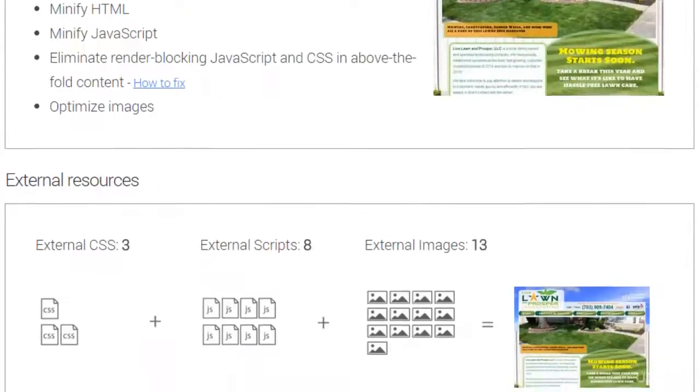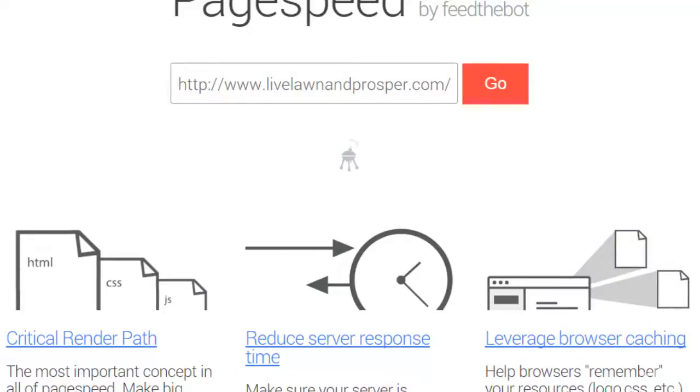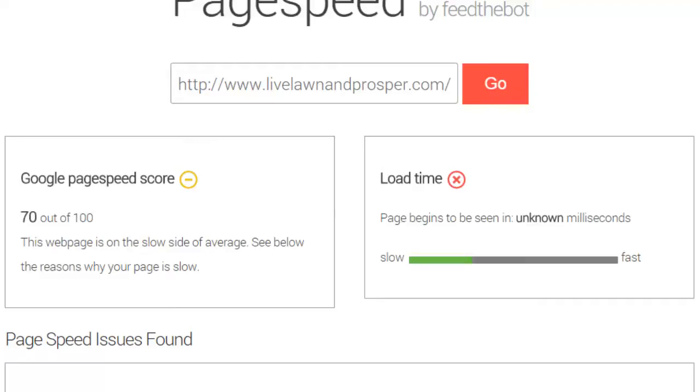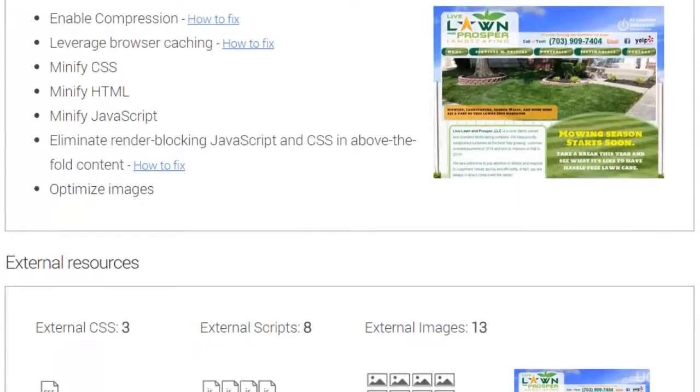We can also go to Page Speed by FeedTheBot. We can type in our URL, and this is going to tell us what is slowing down our website and how we can fix it, which is great. So here it says that we have a 70 out of 100, so our web page is slow. If we scroll down, this tells me the issues that were found. It says that I need to enable compression, browser caching, and then it talks about a number of scripts, CSS,